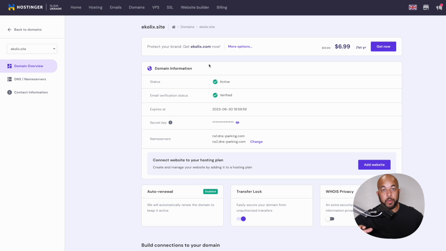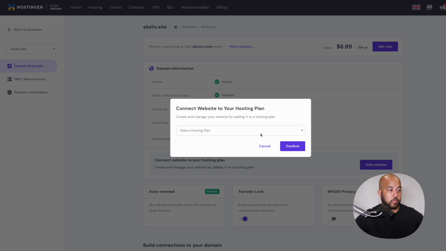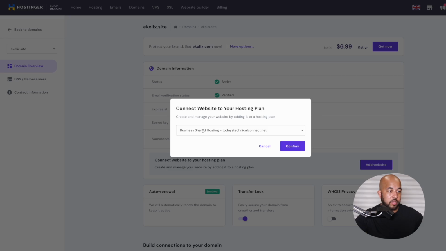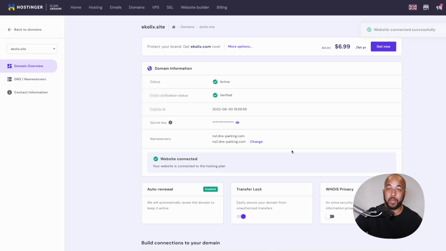So once you've created the domain name, which in my case is ecolix.site, what you're going to want to do is go down here till it says connect website to your hosting plan, and hit add website. It's going to want you to select the hosting plan. I already have a business shared plan, but you can do a single one with no problem. It's a lot cheaper than the one I have. That's also fine. You hit the hosting plan you want, hit confirm, and it will add your domain name to